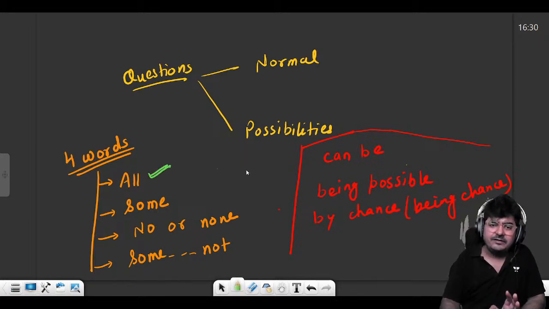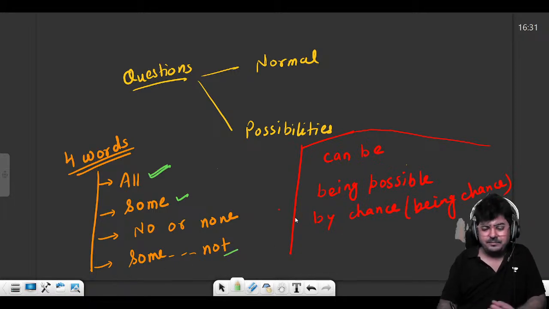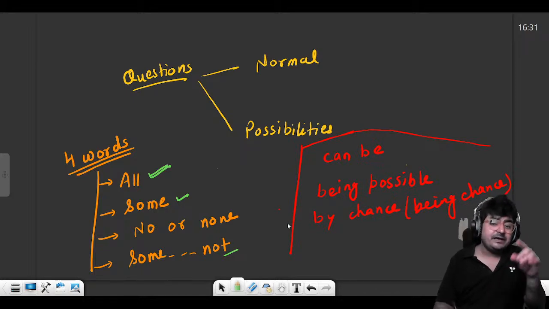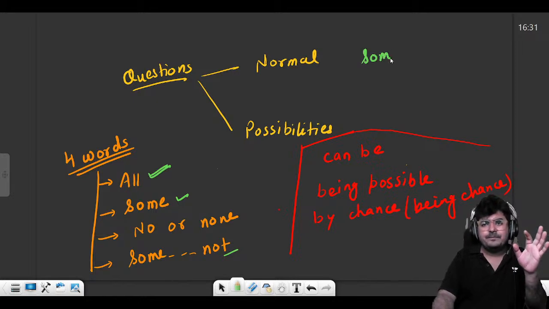All means 100%, everything. Some means partial, no, none, zero, not at all. Some are not. Okay, means like that. Partial, few are not like that. But it doesn't mean that the remaining will be like that. Like if they say some cats are,